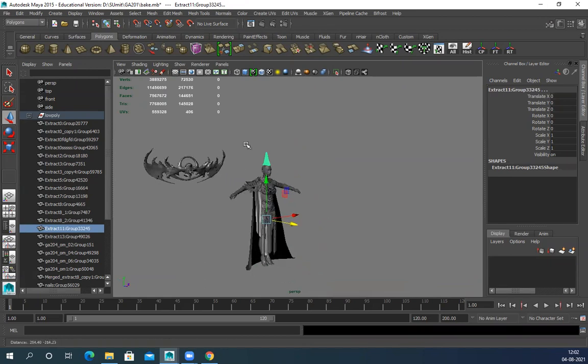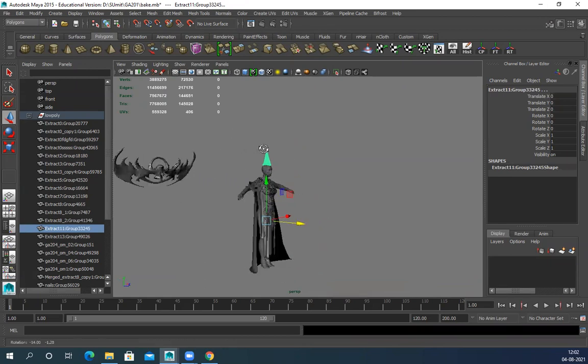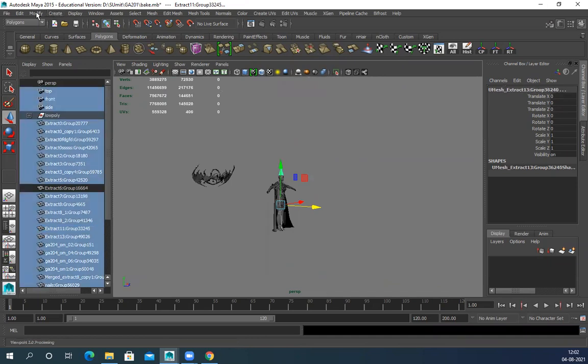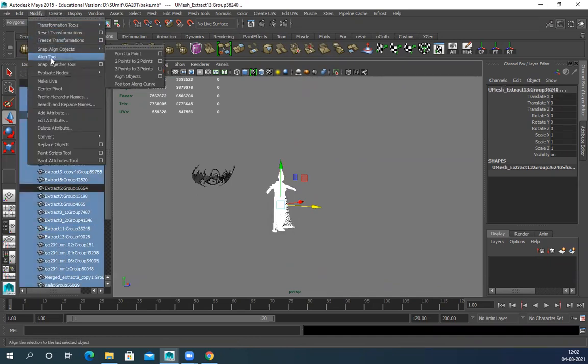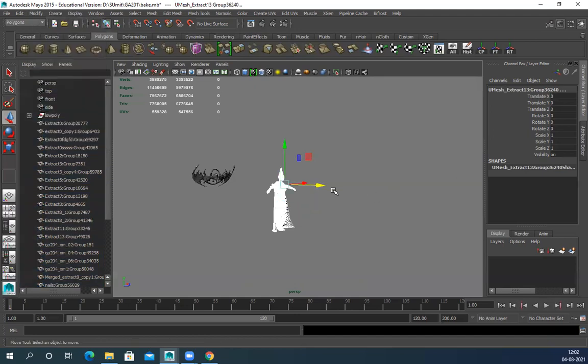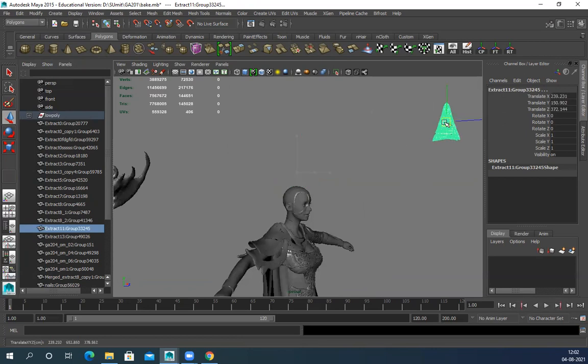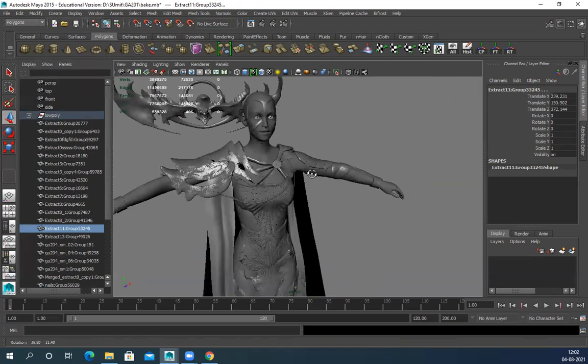Select high poly and low poly, select the entire thing and center pivot. Select this one, move it randomly anywhere.